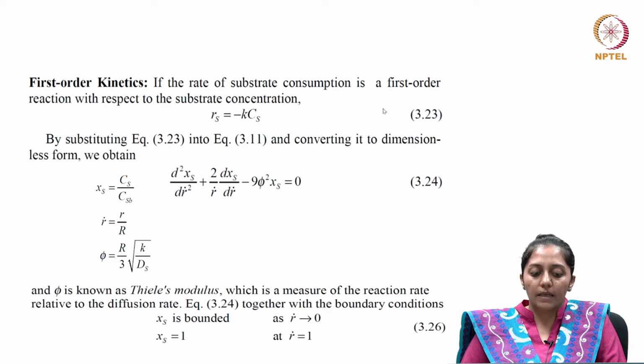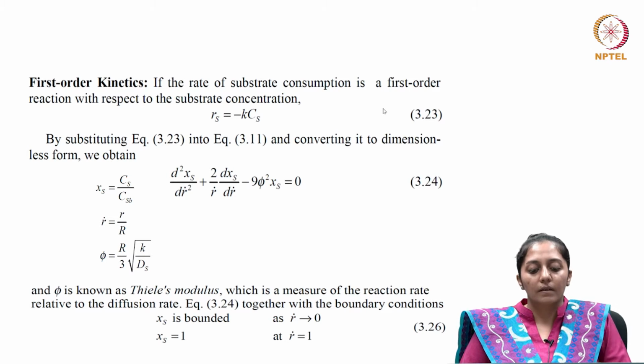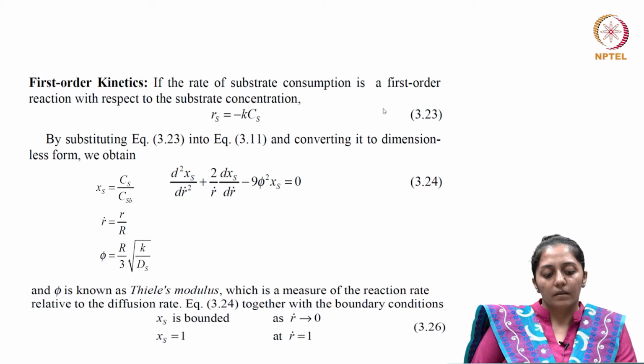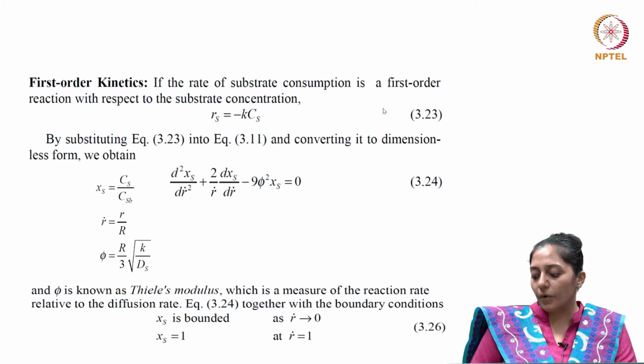Now, in the same double differential equation, where we did a shell balance for the substrate diffusing in from the surface of the pellet till the inner core of the immobilized system,